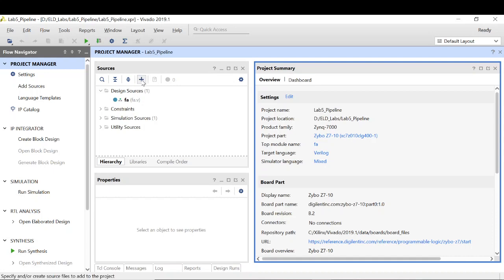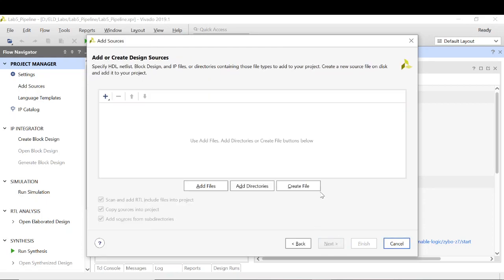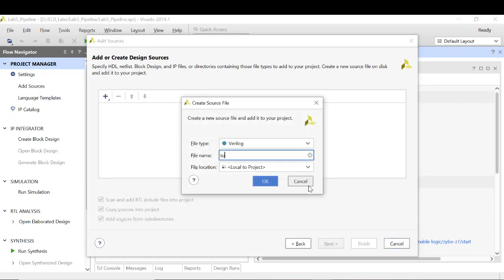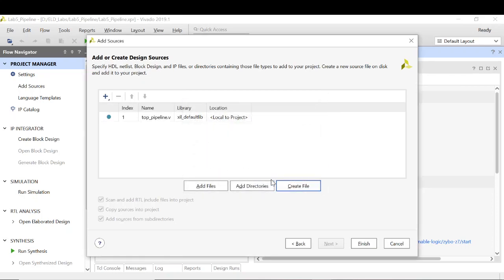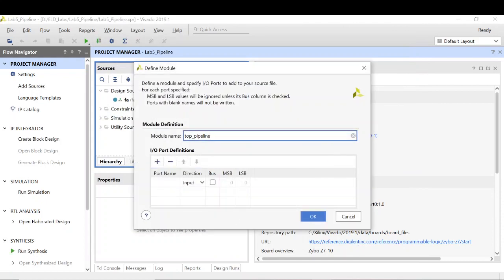Okay, so next let's make a top module in which we will instantiate the full adder. These are all 8-bit inputs.